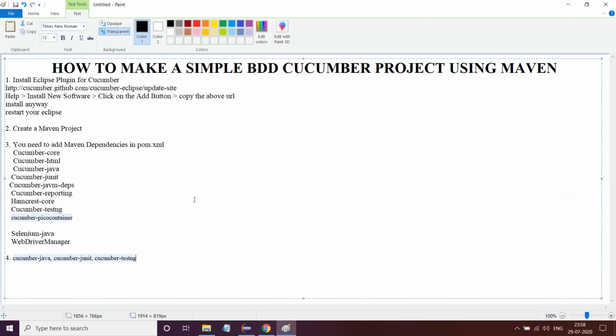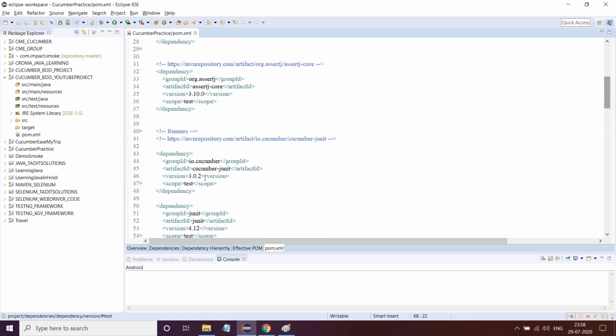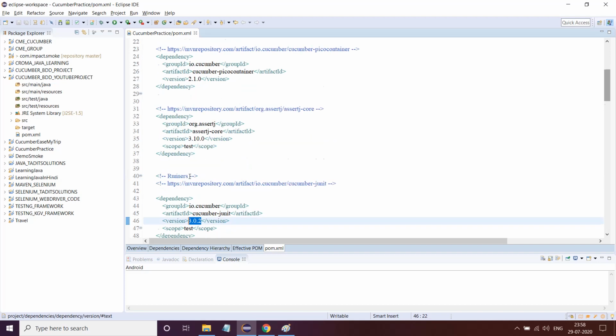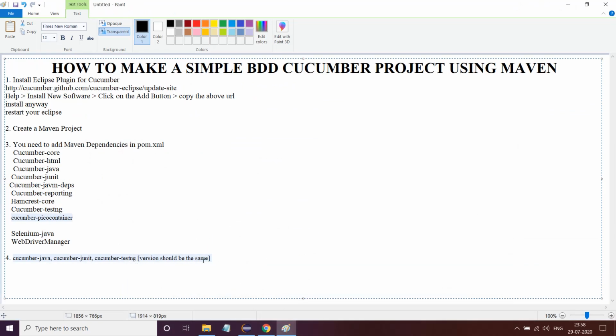For these three things, the version should be the same. Please make sure point number 4 is not overlooked. See, it is 3.0.2: Cucumber JUnit 3.0.2, Cucumber Java 3.0.2. If you keep the version similar, then it will work fine. If you change it here and there, then there are chances it might work, might not work. I don't want to risk it not working, so I prefer to keep the version the same.